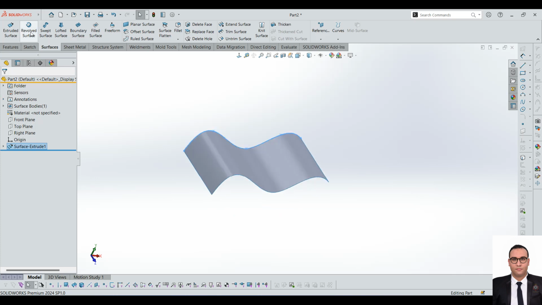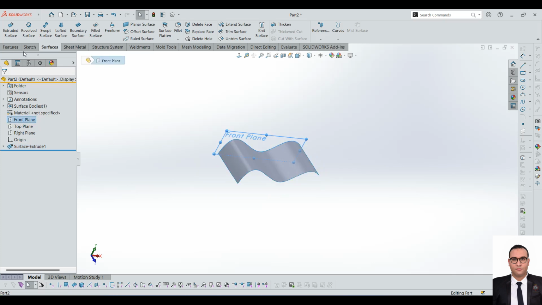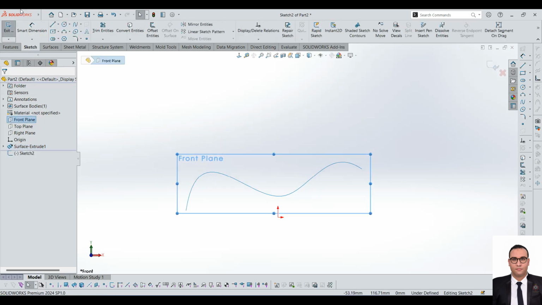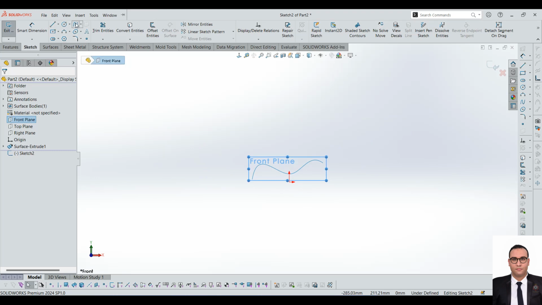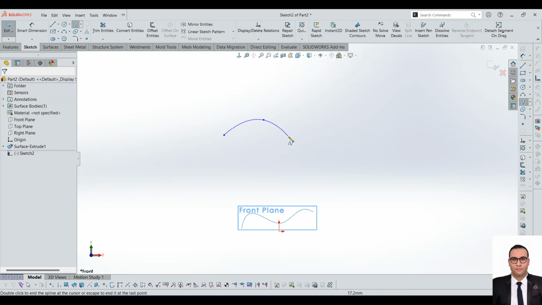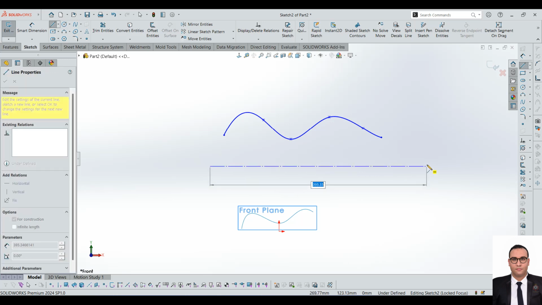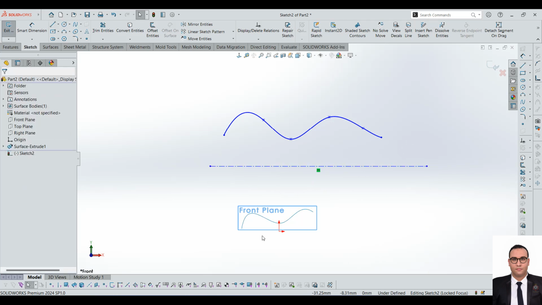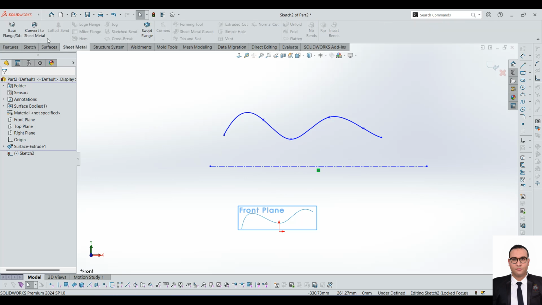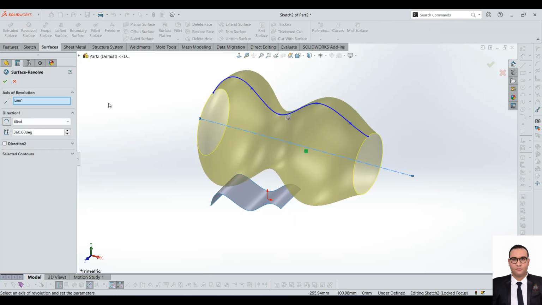So let's pass to the revolved surface feature. Okay, let's begin. Let's take another plane. It's the same as before, but let's give it another spline, like this one. So let's do the revolved feature. Okay, this is the profile, and we need to create a center line. Let's now go to surfacing, revolve it,